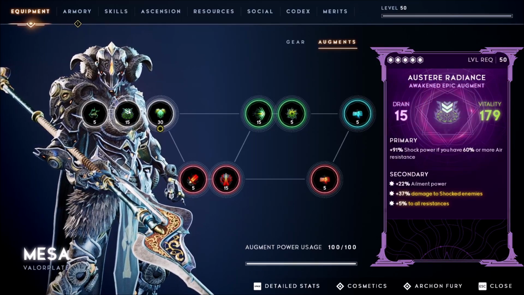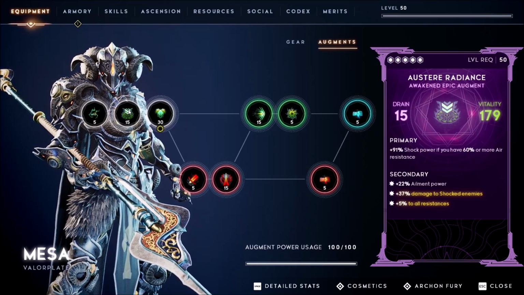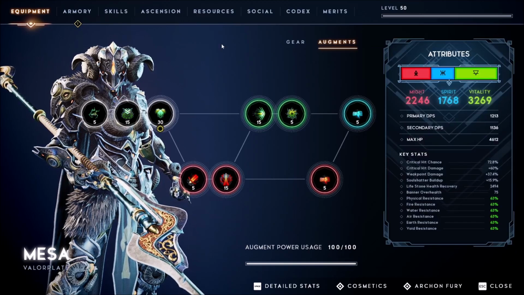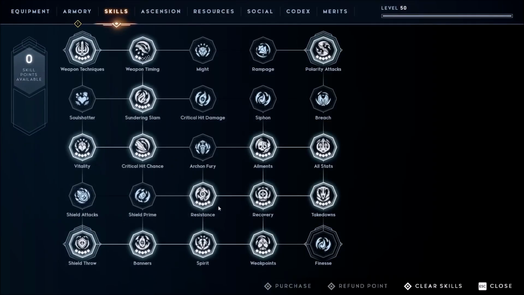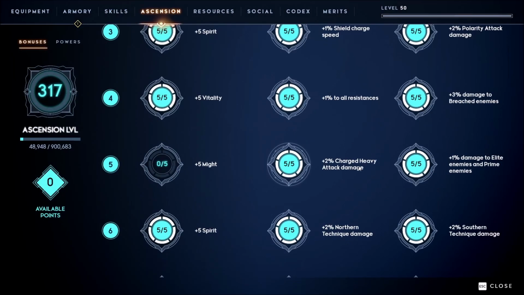I forgot to mention this in my previous video. You have to have 60% or more air resistance for this to work. So to achieve that, the default resistance cap is 50%. So you need to increase it by 5% by picking the last level of the cap to all resist. So it gives 5%, 55% now, and we can get